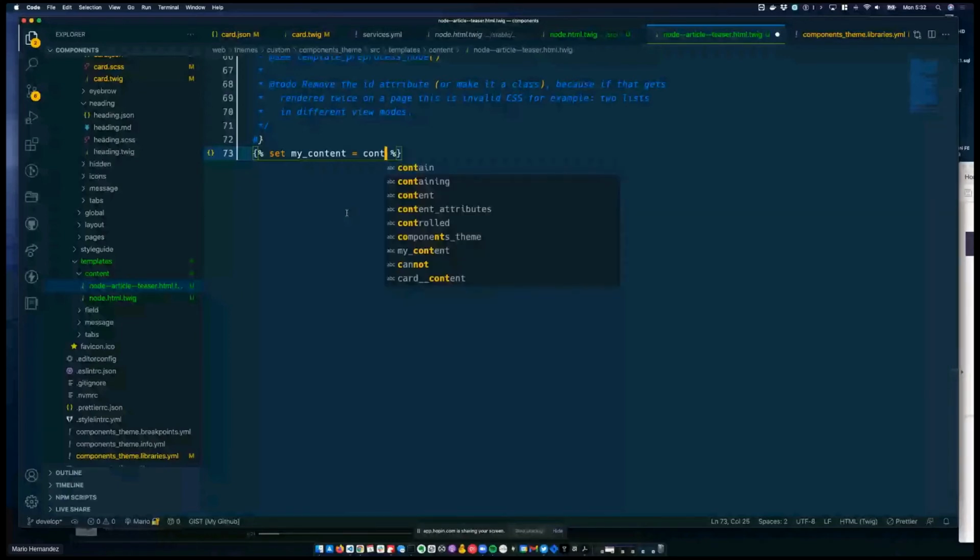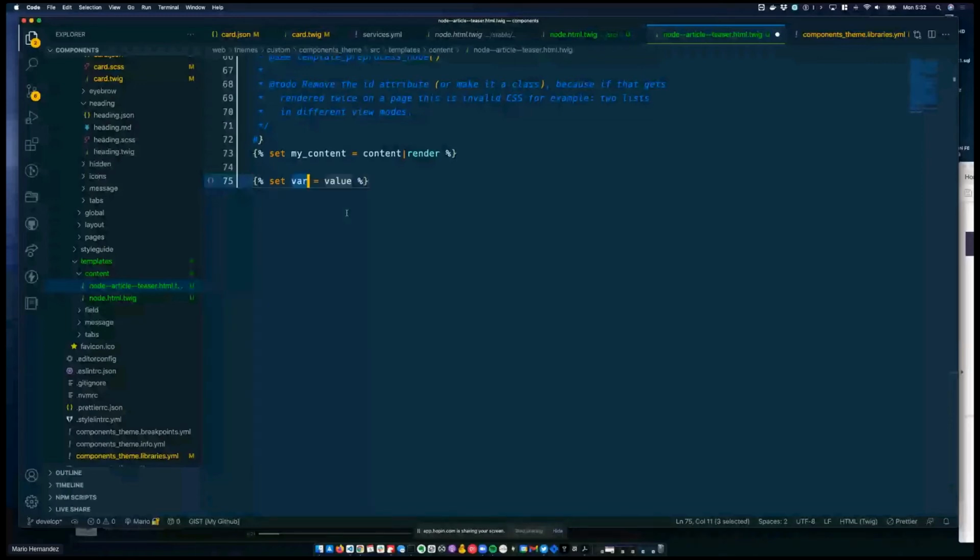I'm going to just pass a variable here just to trigger the rendering of the full content array, because we want the full content array to be available within our template, so that Drupal can still work with caching and all the things that it needs to do. Then I'm going to create a variable for the